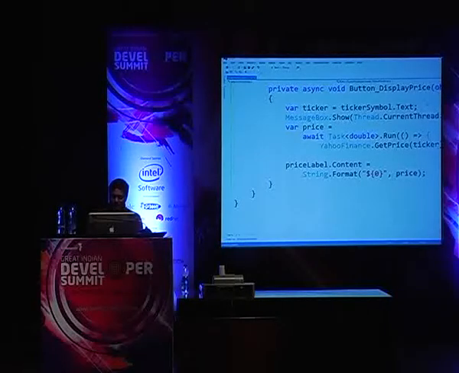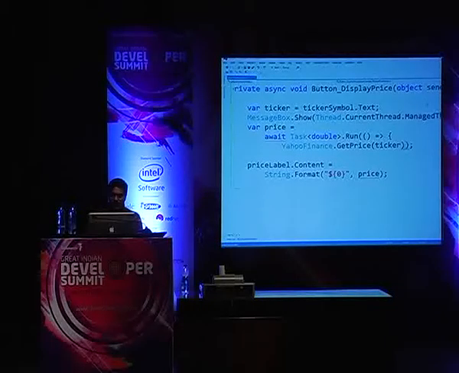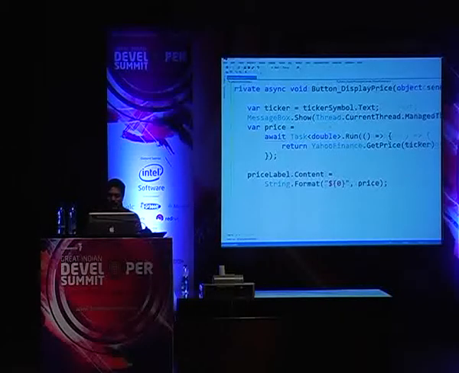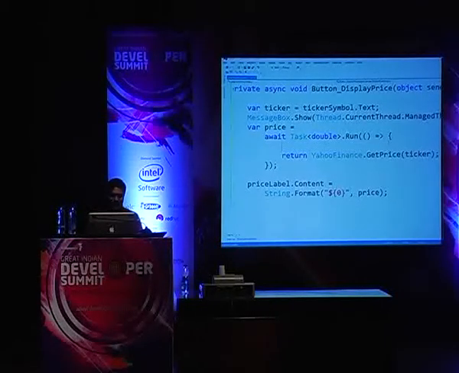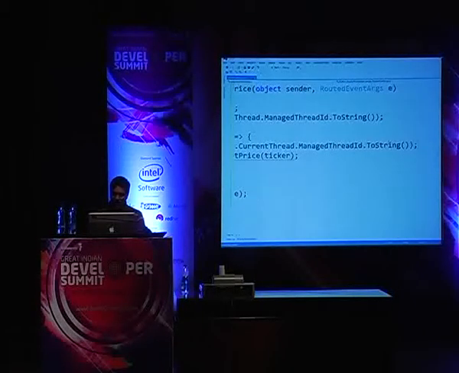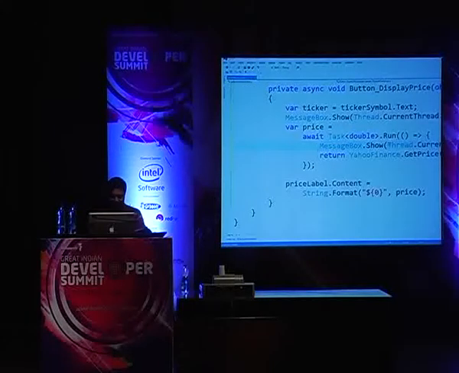Within the await call, I'm going to put a lambda expression right here. So this is going to become a call to the return method. It's going to be return that price, so we can return the value back. And of course, in this case, I want to display the thread we are on. So I'm going to say MessageBox.Show, and this is going to be Thread.CurrentThread, and I'm going to say the method ManagedThreadId. So let's print it. Thread.ManagedThreadId.ToString. And then, of course, when I come out of it, I want to display the thread one more time.